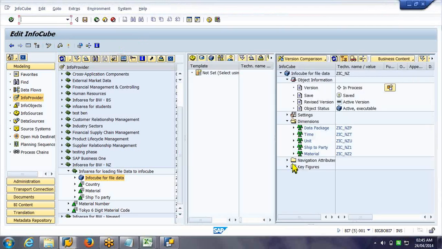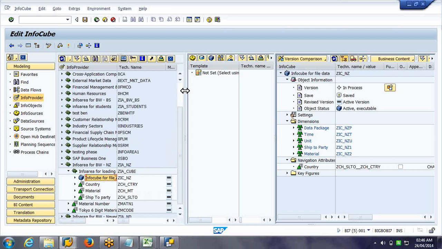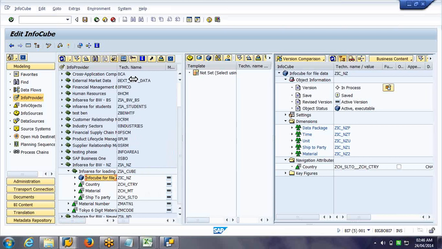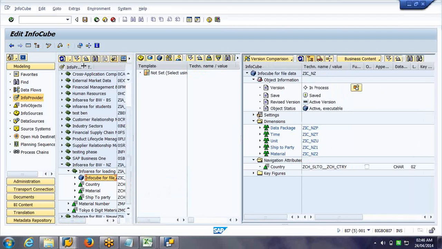You see now under navigational attributes there is a folder. So corresponding to whatever info objects we are using, the navigational attributes related to that will automatically be listed over here. Clear? Under this navigational attribute folder.